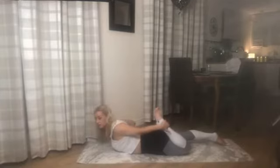Circle your front arm and reach for your ankle. So reaching for the front ankle. And it's a half bow posture, so it's a backward bend, and it's going to help to open the shoulders and the chest. Stretch your front arm away from you, your back arm, sorry,